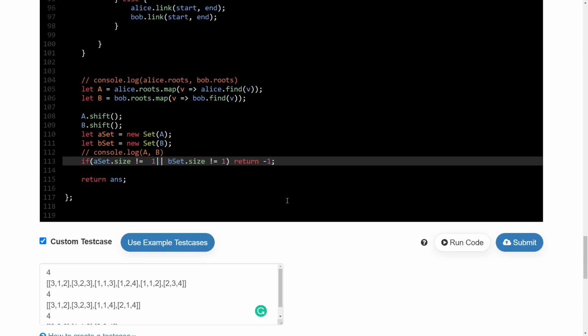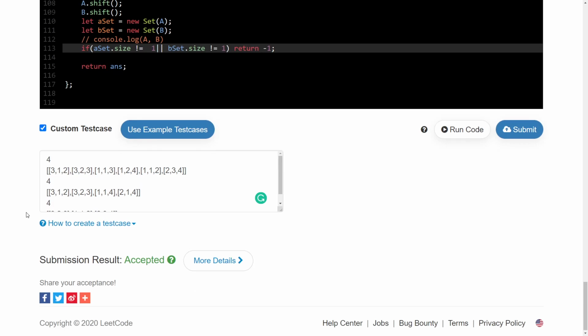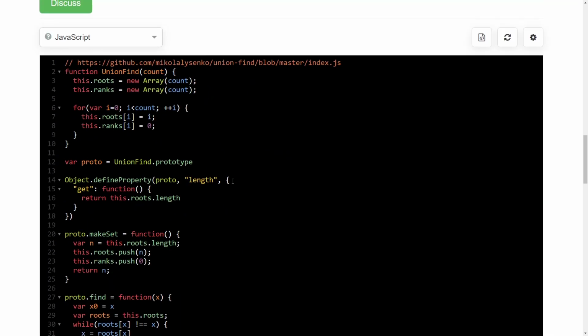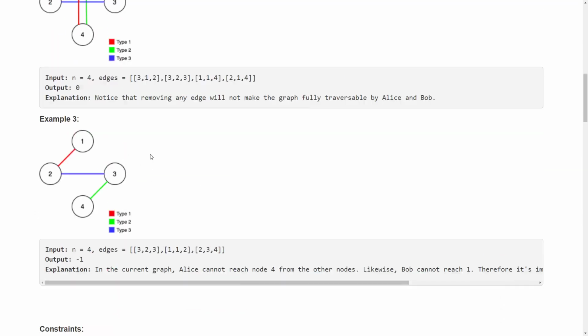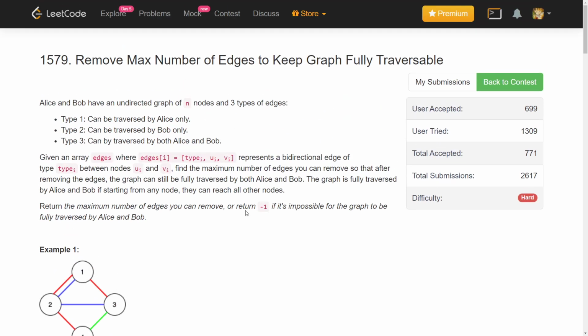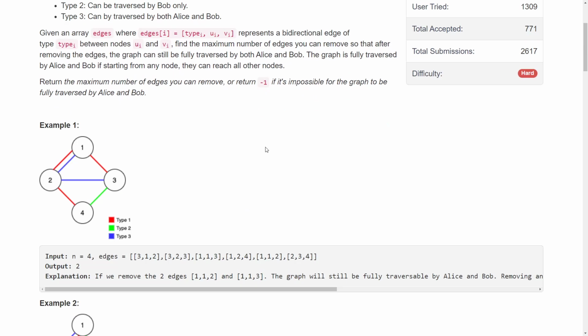So let's now try to submit it. This is accepted. I'll just explain once more how I handled redundant edges. I made a union find data structure and started from the third type of edge, because I thought that removing the third type of edge might not be a good idea. I connected all the components which were connected by the edges I have traversed. When I look at any edge and see that it is redundant, because the start and end of that edge are already in the same component, I remove that edge.